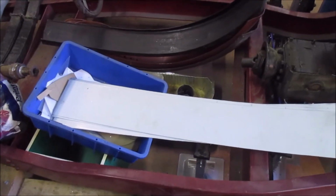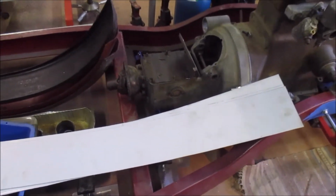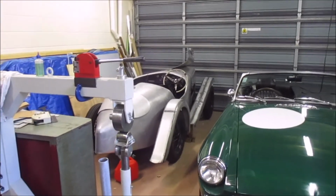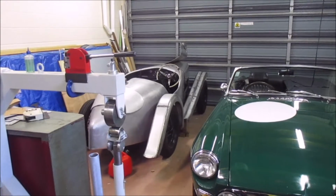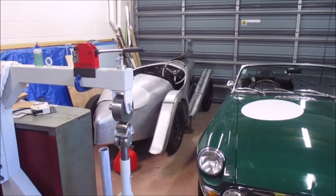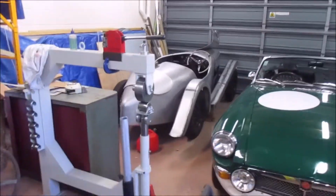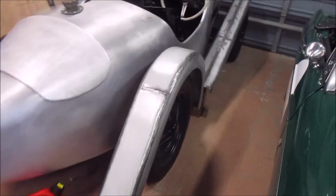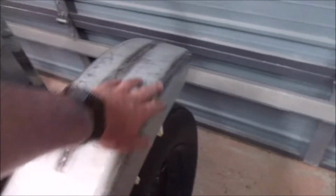The other thing I'm going to do is now start on the guards for the Austin. So those ones are kind of my practice prototype ones. I pretty much know how to do it now. I'm just going to go ahead and start cutting out the steel, and I'm going to try and be a lot more careful when I shape it and weld it, just to reduce the amount of hammering that's going to be required. I did start smoothing this one off and then realized it's going to take a lot of work,